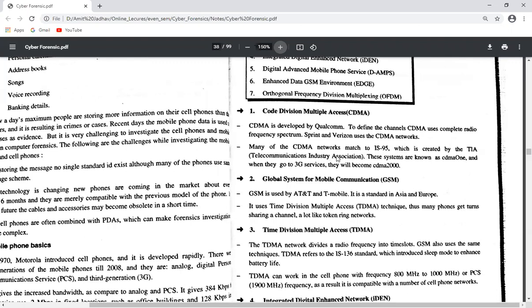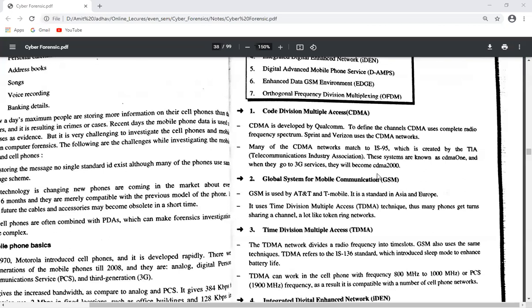These systems are known as CDMA 1, and when they go to 3G, the service becomes CDMA 2000.